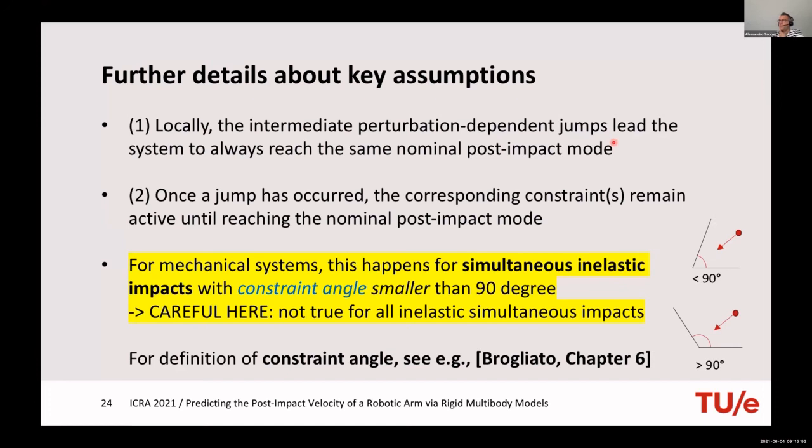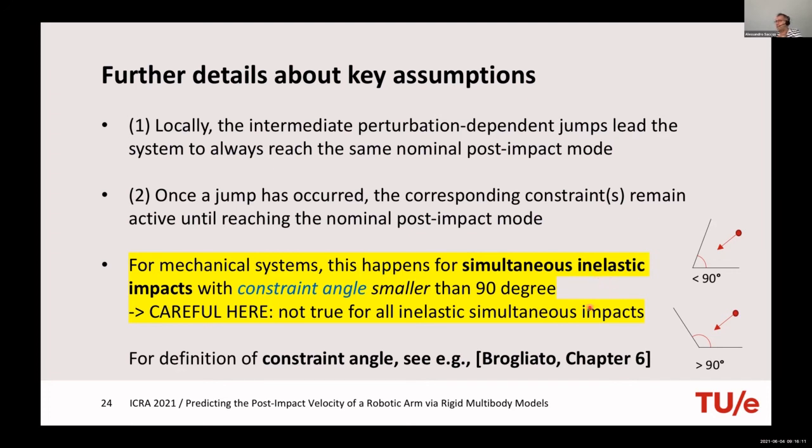And also, whenever a jump has occurred, that corresponding constraint should remain active until reaching the nominal post-impact mode. And if you want a little bit of intuition, when does this happen?